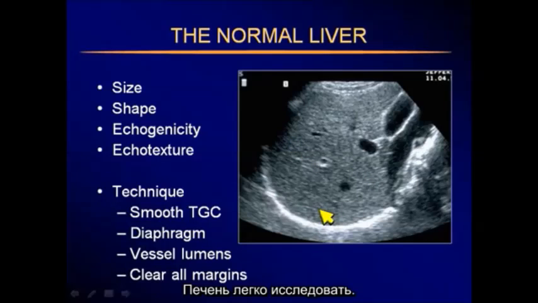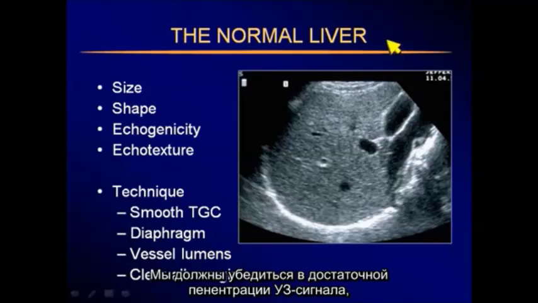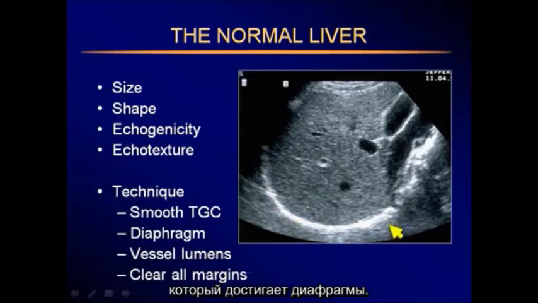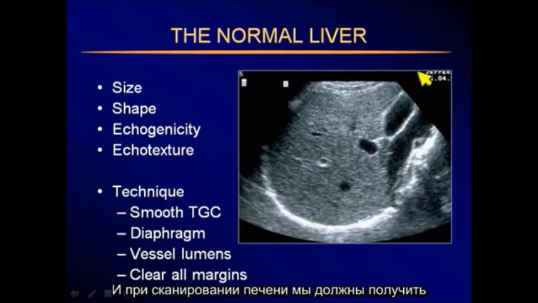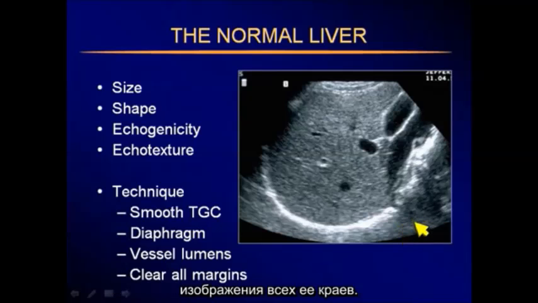The liver is very susceptible to technique. We have to make sure that we have a nice smooth TGC curve. We want to make sure that the penetration goes all the way back to the diaphragm. Here is this curvilinear bright structure. We would like to have the vessel wall, vessel lumens clear of extraneous echoes. And when we scan the liver, we want to make sure that we clear all of the margins of the